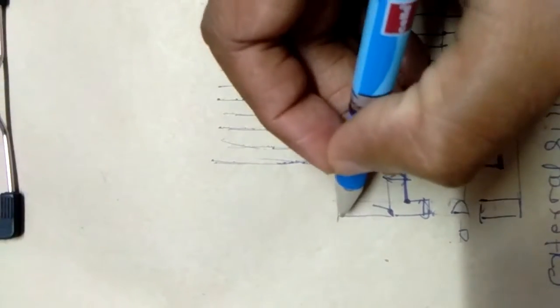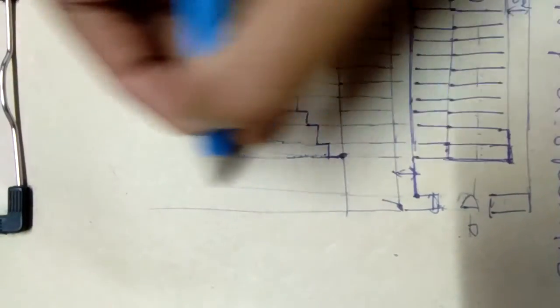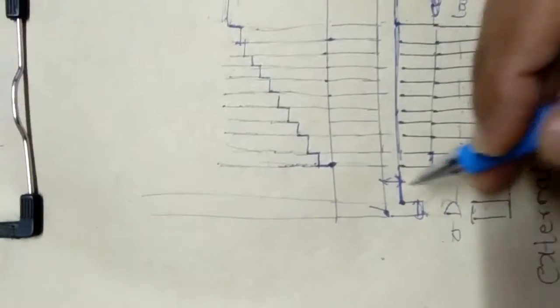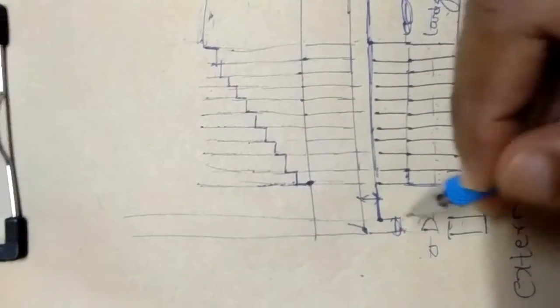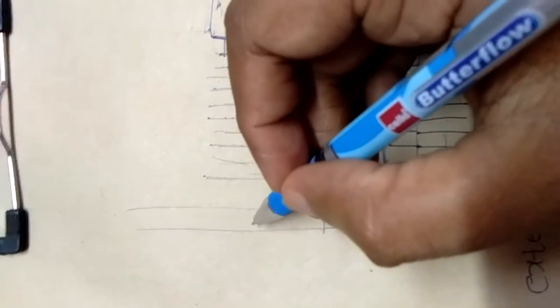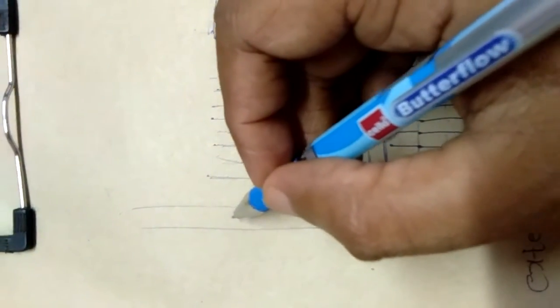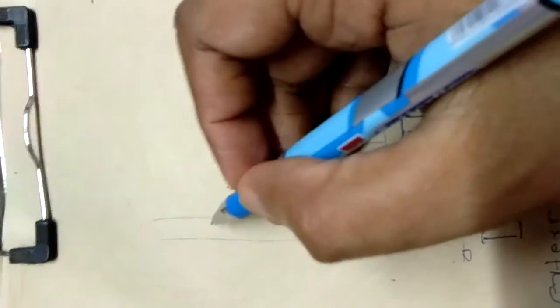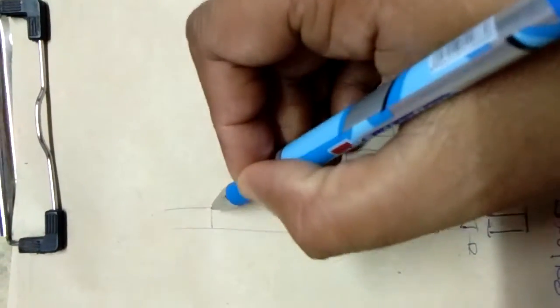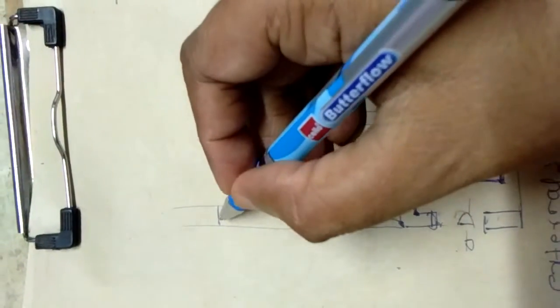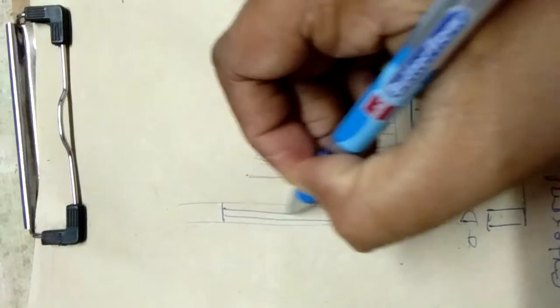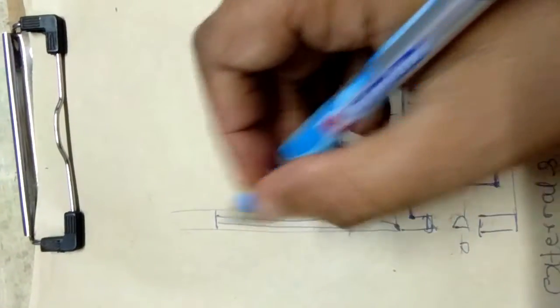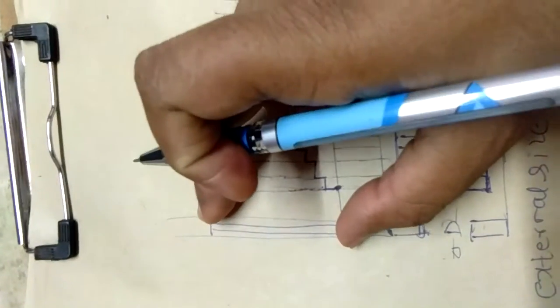This should not be dark. So just take like this. So this is the wall here, and just show the door. Door usually the height is 2.1 meter. So nearly, maybe somewhere here it may come, so not exactly. So just show the door like this here. You draw with the scale. I am not using a scale here. So this is 2.1 meter height of the door.